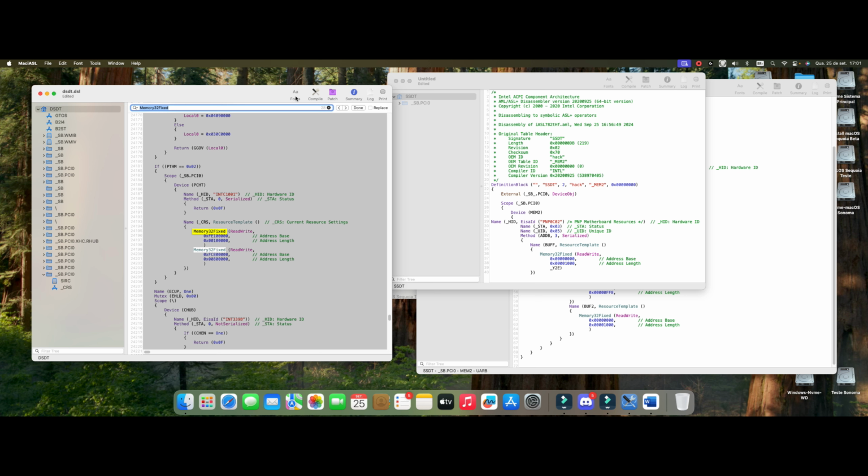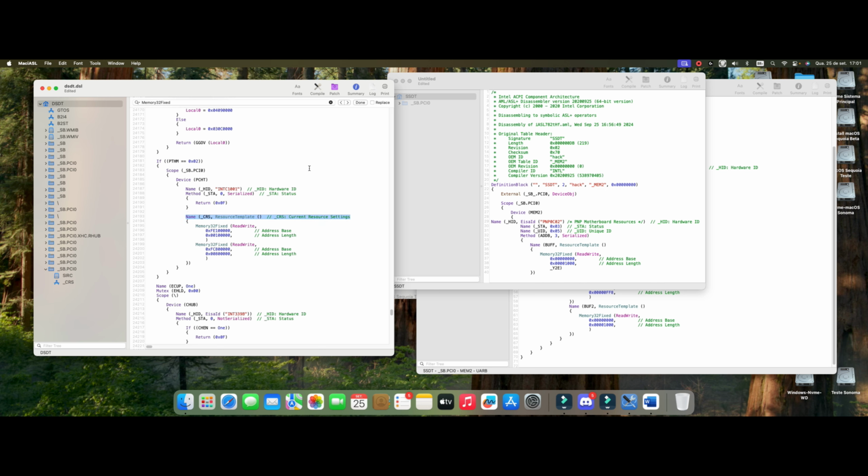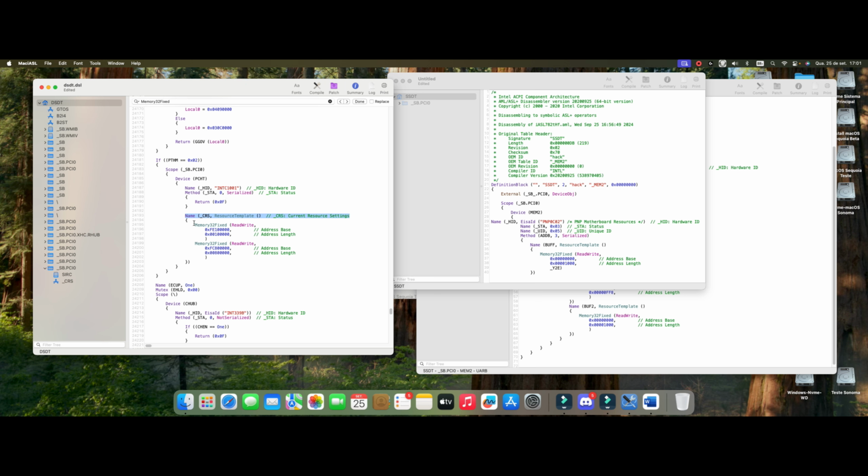But we are not going to put the CRS in, because here it already fits in another situation. So we're just going to take the Memory32Fixed here, which is the number referring to it.